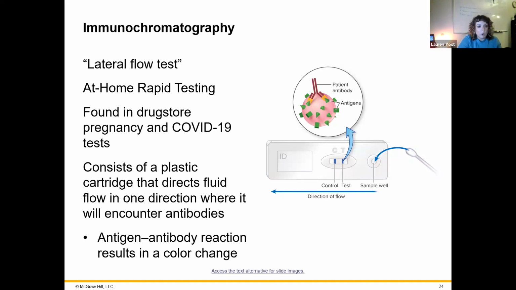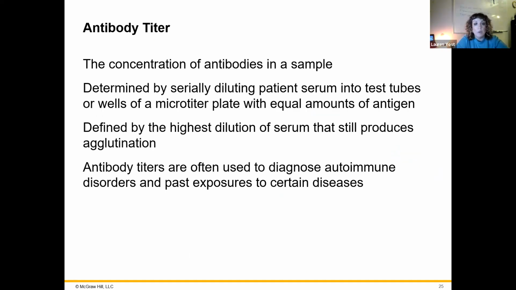Think of anytime you see chroma, think of color. So this one is going to lead to color change lines. Immunochromatography is still dealing with immunology driving this whole thing. So if we're looking at antibody titer, this is dealing with the concentration of antibodies in a sample. So determining how many antibodies essentially this patient has to whatever thing that it could be, you could be infected